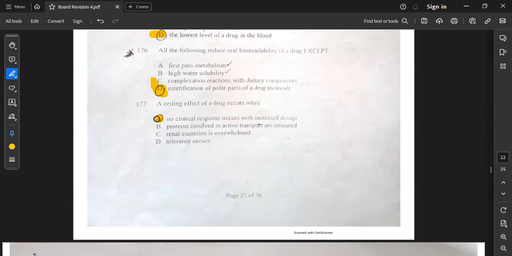I think the ceiling effect is like, for example, when we are doing enzymology, we said you can activate the receptor, like the concentration you have can activate the receptors until a certain point where no matter how much substrate you add, it doesn't have an effect. The same happens for some drugs. You can give a drug, and the more you increase the concentration, the more effect you get. But then it reaches a level and it plateaus. So even when you add more drug, you don't get any effect. That point where you have the plateau is the ceiling effect, where no matter how much you increase the concentration, you don't get a response.